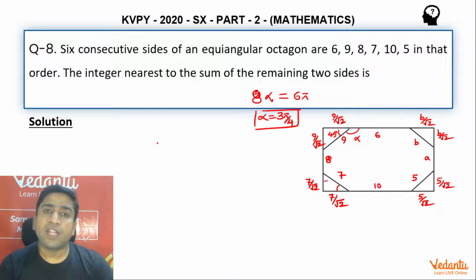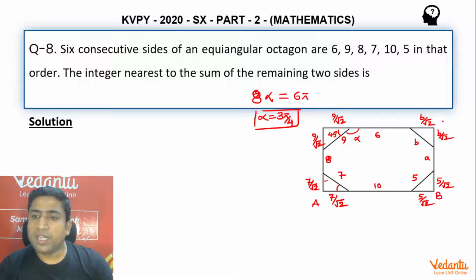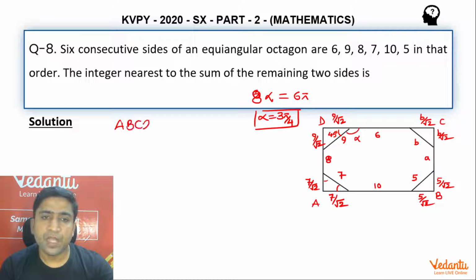That means the length of the opposite edges are equal, right? So opposite sides are of equivalence. I'm just going to equate them. Since I wanted to find out the value of A and B, this is what I'm going to apply. So to me, quadrilateral ABCD is going to be a rectangle.